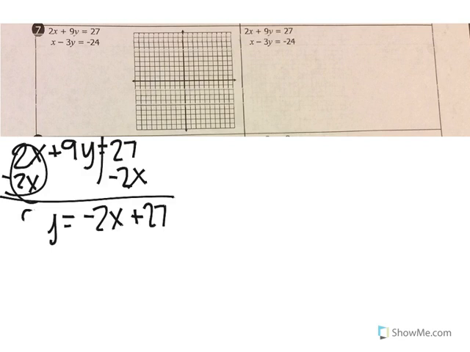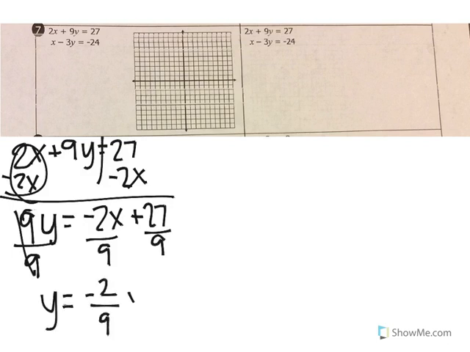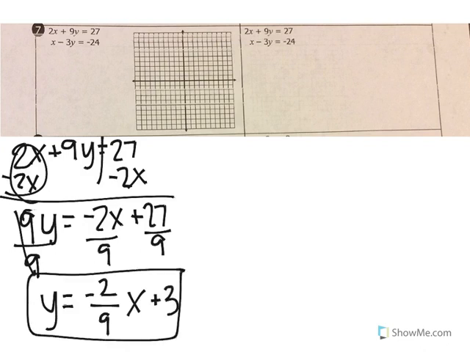And I wasn't trying to erase that, but it kind of smudged together. Now, in order to get y by itself, I just have to divide both sides by 9. So y is equal to, leave it as negative 2/9 because 0.2 repeating is not a fun decimal. So that would be equation number 1. Equation number 2,